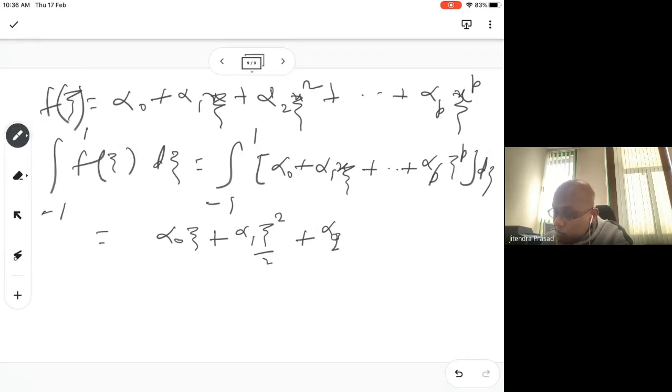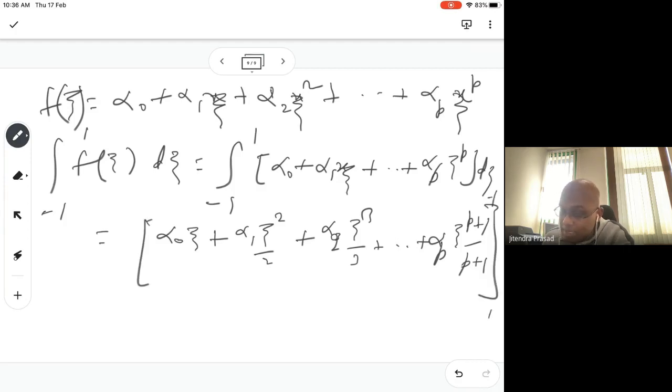So alpha 2 xi cubed over 3 and so on plus alpha p xi to the p plus 1 divided by p plus 1, and so on, and it will be from minus 1 to 1, equal to what? This is equal to,